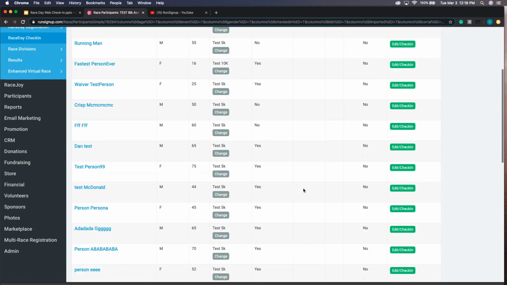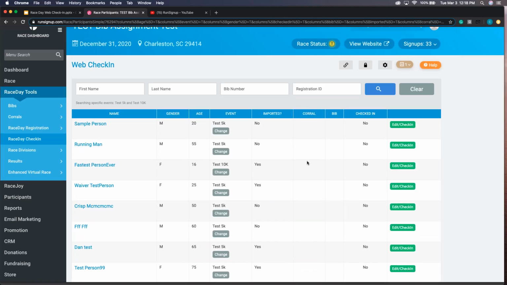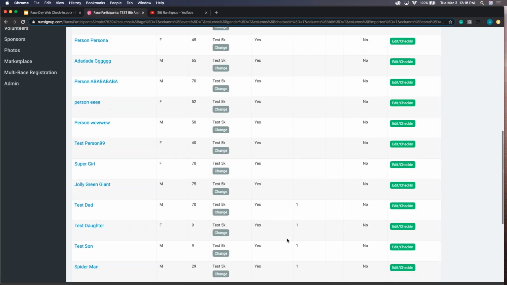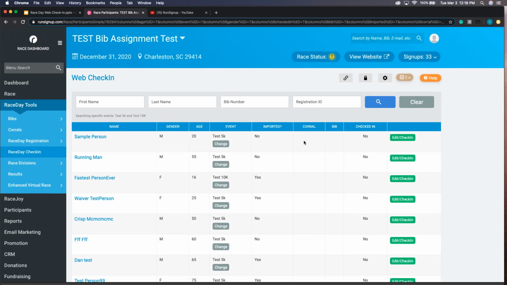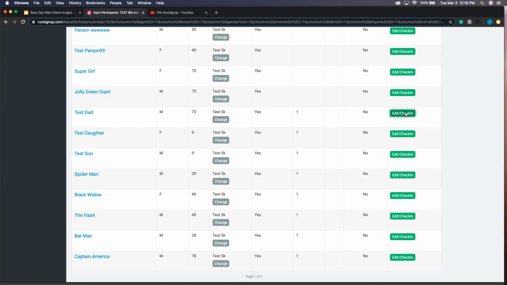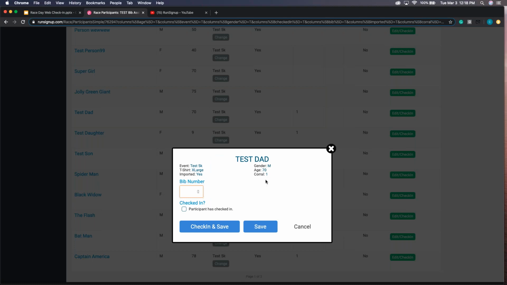Here is, and remember, we added corral, and a lot of these people don't have corral, but if we go down, we can see some of them do. And then we'll go down to one of those people that has corral, and so we'll edit check-in. So you see how it has the corral, but we can't change any of the payment information. So we can still check this person in,